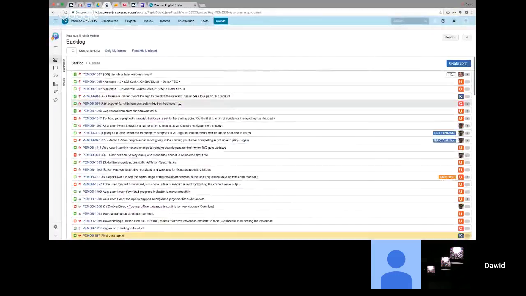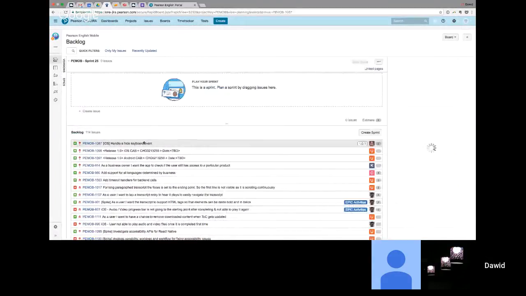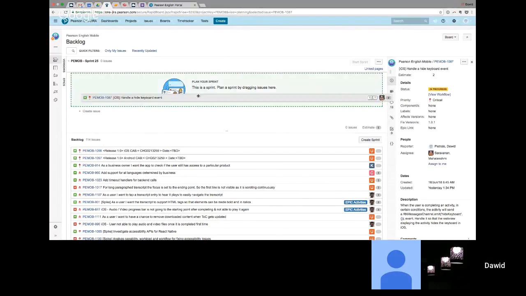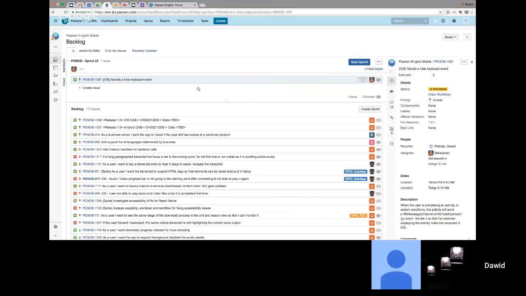So here we have the things. Many of them were discussed yesterday. So the first one is how to hide keyboard event. This is the one that is a spillover. So I think there's nothing else to add to it. Arek is going to start fixing it